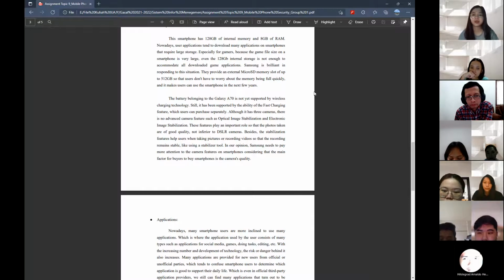The battery belonging to the Galaxy A70 is not yet supported by wireless charging technology. Still, it supports the fast charging feature, which users can purchase separately. Although it has 3 cameras, there is no advanced camera feature such as optical image stabilization and electronic image stabilization. These features play an important role so that the photos taken are in good quality, not inferior to DSLR